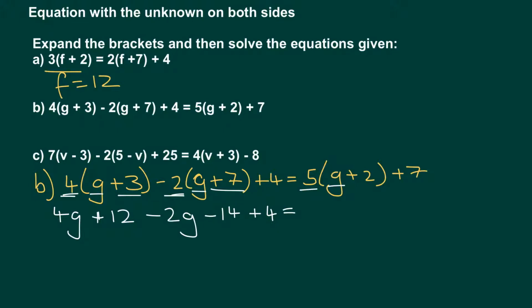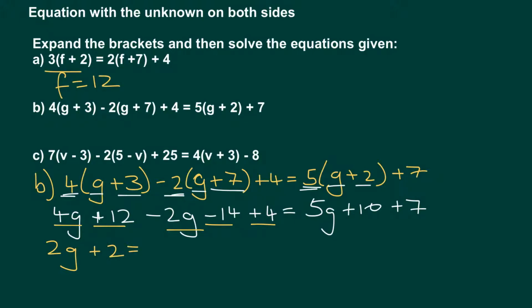Then we have 5 times g, which is 5g. Then we have 5 times 2, which is positive 10, plus 7. So we've just expanded all the brackets. Now, let's simplify these equations. We have 4g minus 2g, which gives us 2g. 12 minus 14 plus 4. So 12 minus 14 is minus 2, plus 4 is plus 2, equals 5g plus 10 plus 7, which is